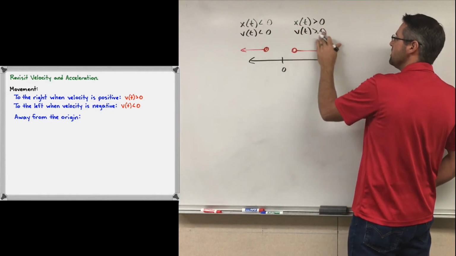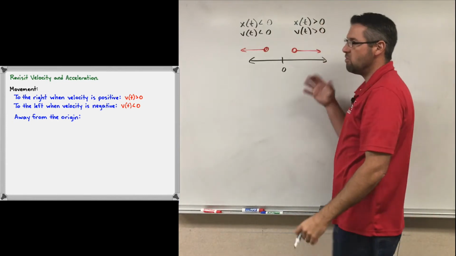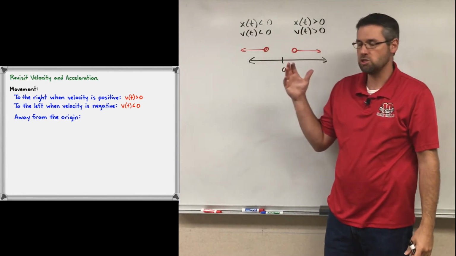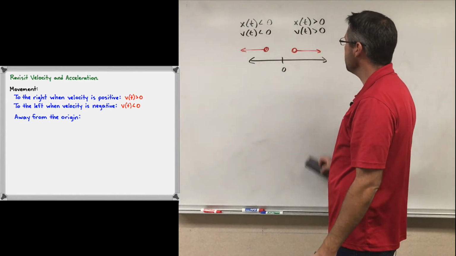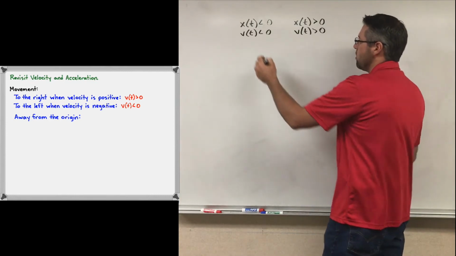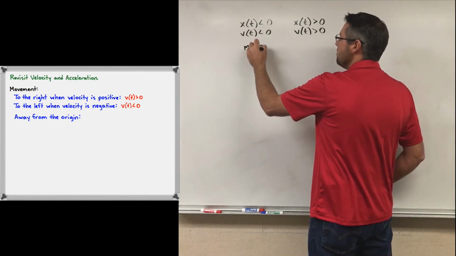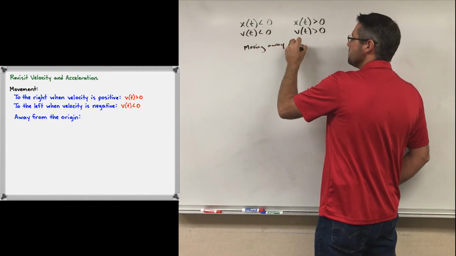That would mean that I'm moving to the right. Okay? So these are the two cases where I could be moving away from the origin looking at a simple one-dimensional direction. Okay? Essentially, we can summarize it this way. We can say that we are moving away from the origin